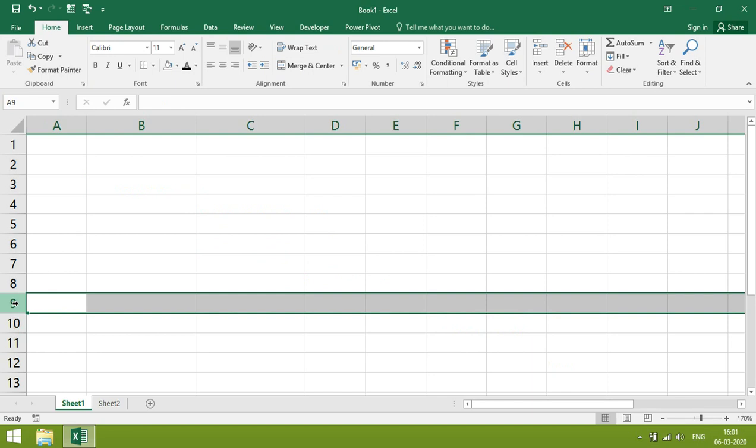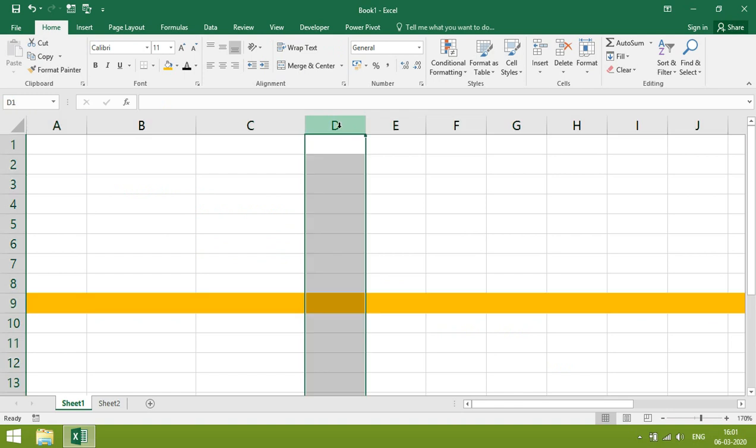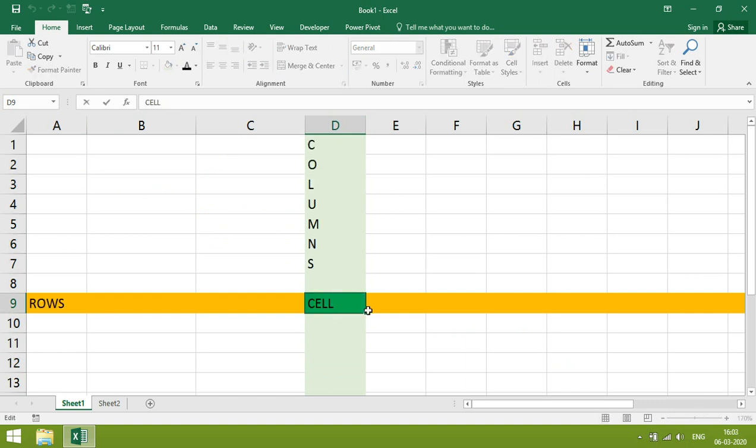Rows run horizontally with numbers, whereas columns run vertically with alphabets. The meeting point of a column and a row is called a cell. Every cell has a unique reference which is displayed here. We call it the address bar, and this is the formula bar.